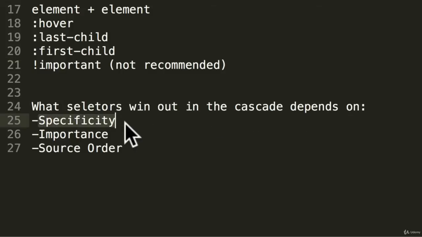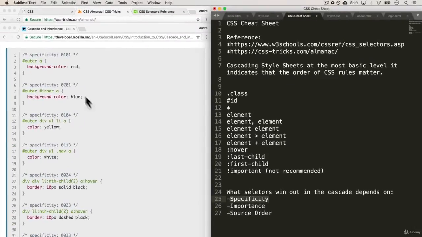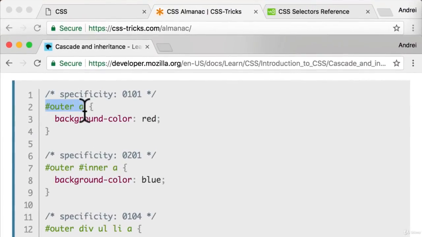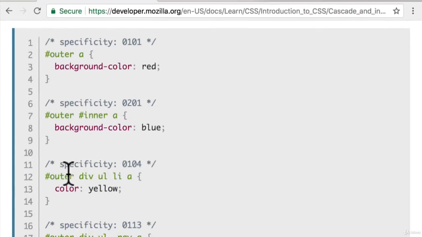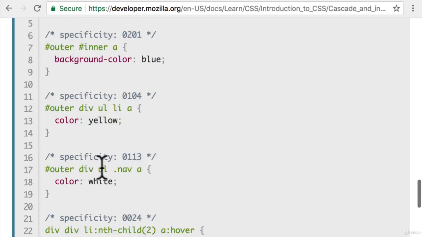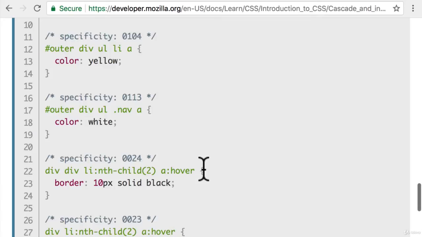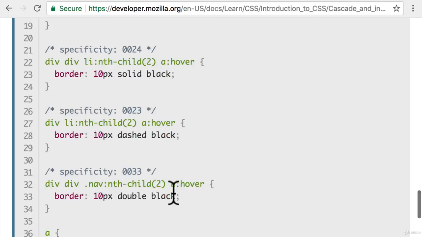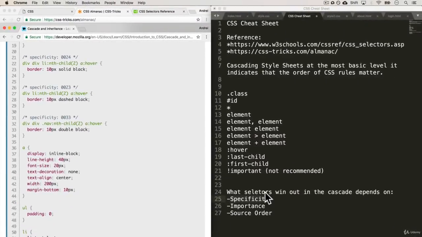So the first thing is specificity. And I have a resource here that really explains it well. A simple way to think about this is how specific is your selector. So this has a specificity score here. This has a little bit higher because it's more detailed, it's more nested, and this one is higher. This one is even higher, and you can see that it keeps going higher and higher. So the more specific something is, the more likely it will win out